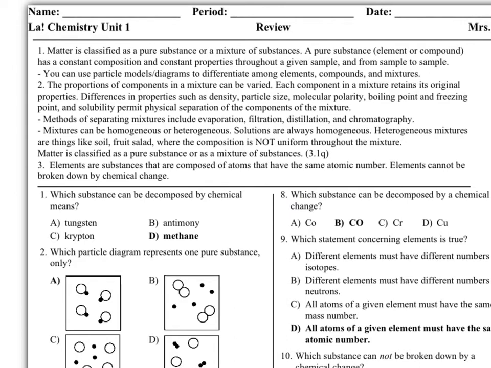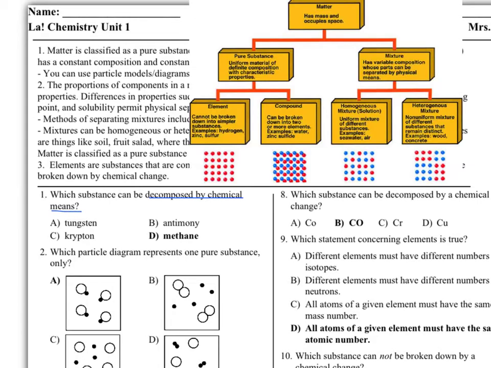In the first question, we are asked for a substance that can be decomposed by a chemical means. So recall that when we look into matter, let me pull it up. Matter can be classified using this diagram. It may include either a pure substance or a mixture. Now, of course, under the pure substances, we have elements which cannot be decomposed. We have compounds which can be separated, and their separation is chemical. So a chemical separation is going to require that